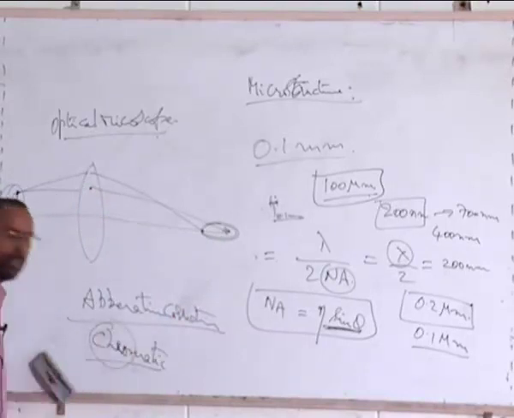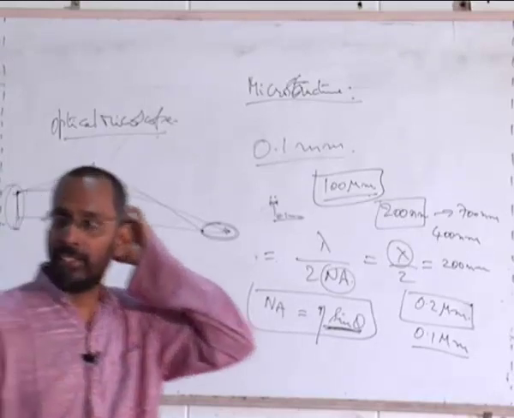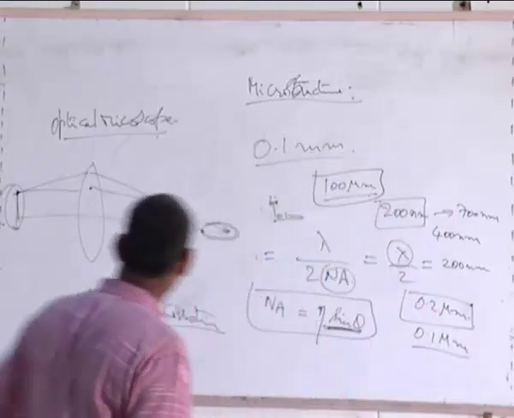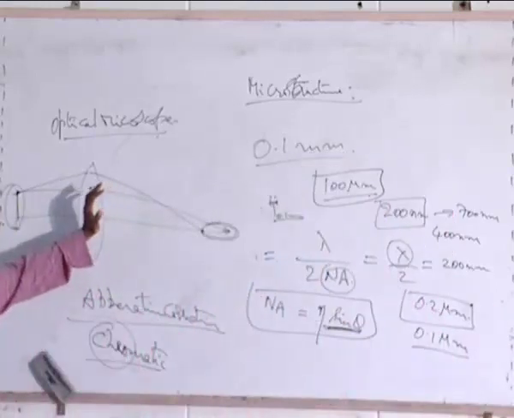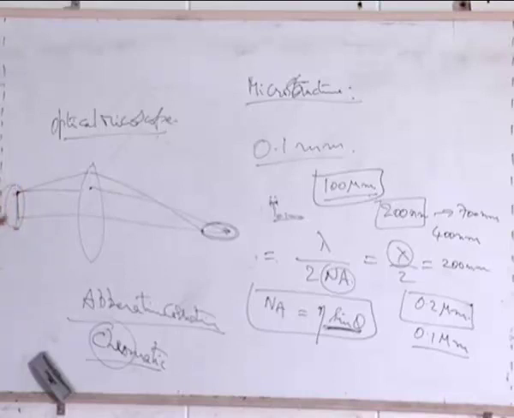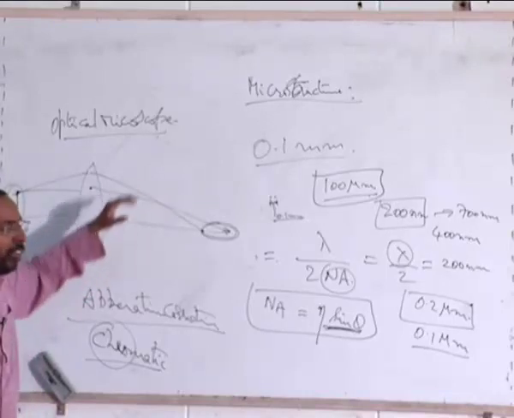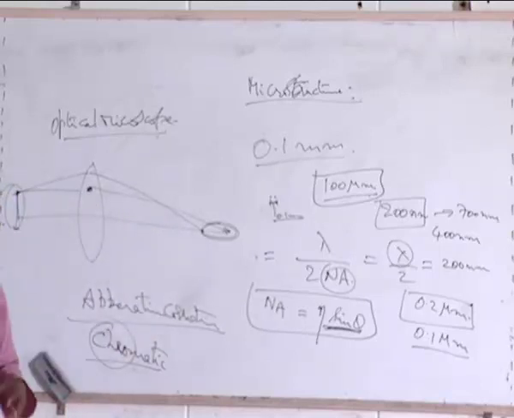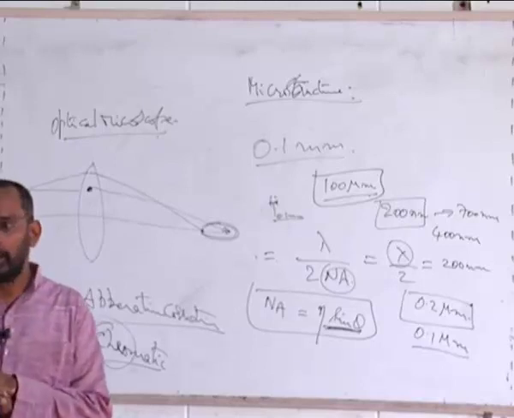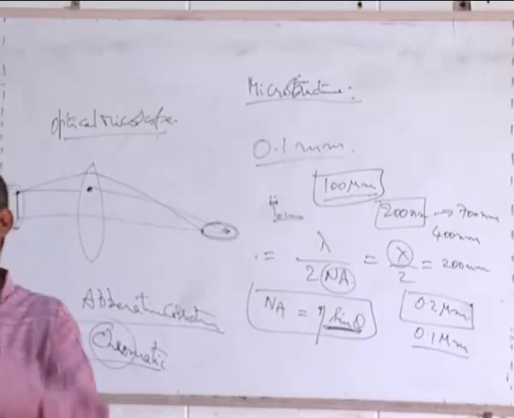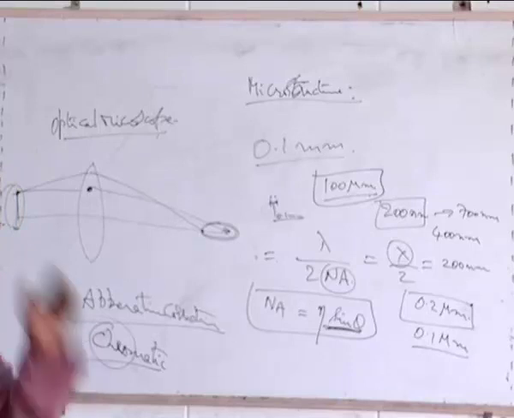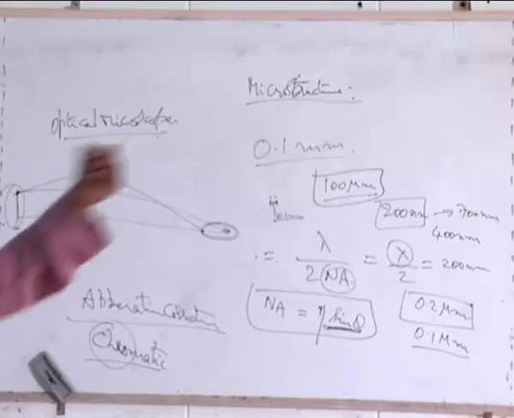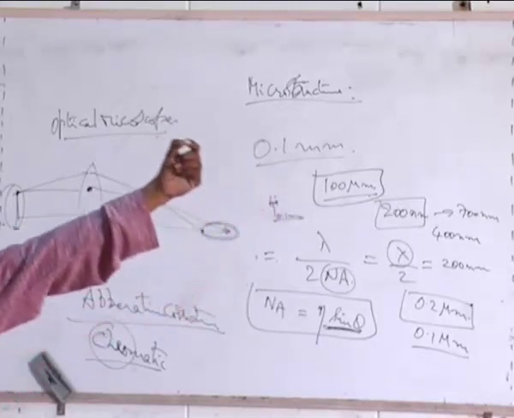Chromatic comes from the word which comes from wavelengths. The incident beam may not have the same wavelength. The light which is falling on the object going through the lens may have different wavelengths. If it is coming from the same point, when they are getting refracted, different wavelength lights get refracted differently, right? The shorter wavelength gets refracted differently, the longer wavelength gets refracted differently. As a result, again when they are being focused, they are not getting focused at the same point. So though they are originating from the same point, they are not focused to the same point.